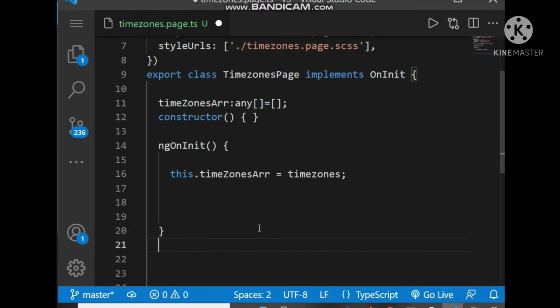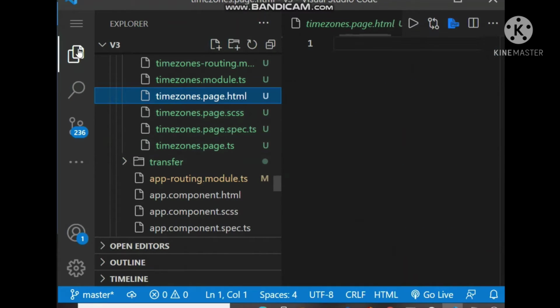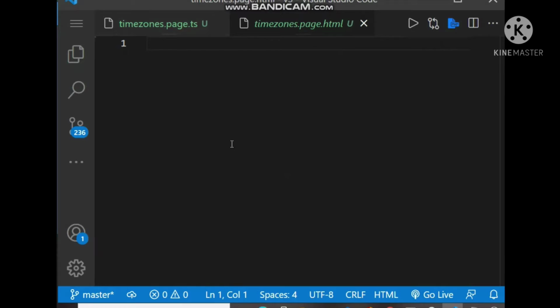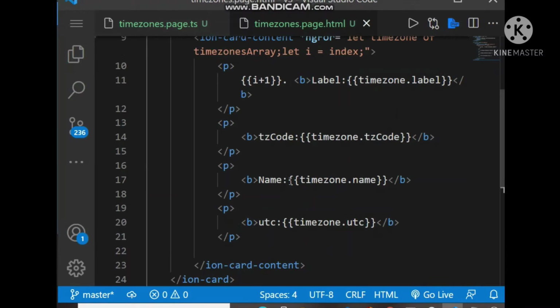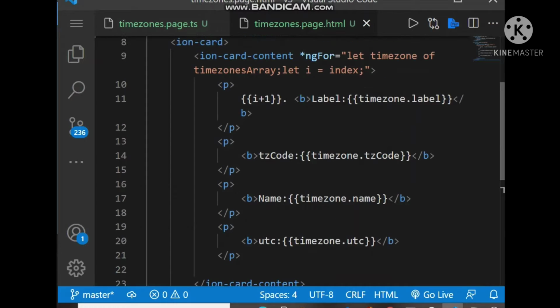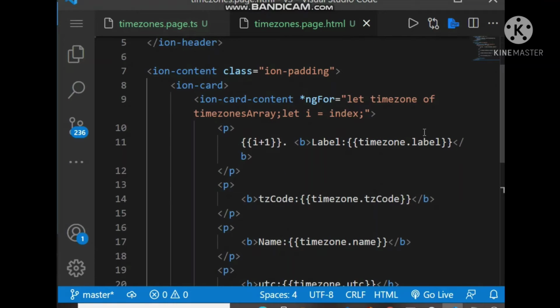So now let's plot these time zones inside HTML. So let's open the HTML page. As you can see, we used ion-card, and inside ion-card-content we used ngFor to populate the time zones.